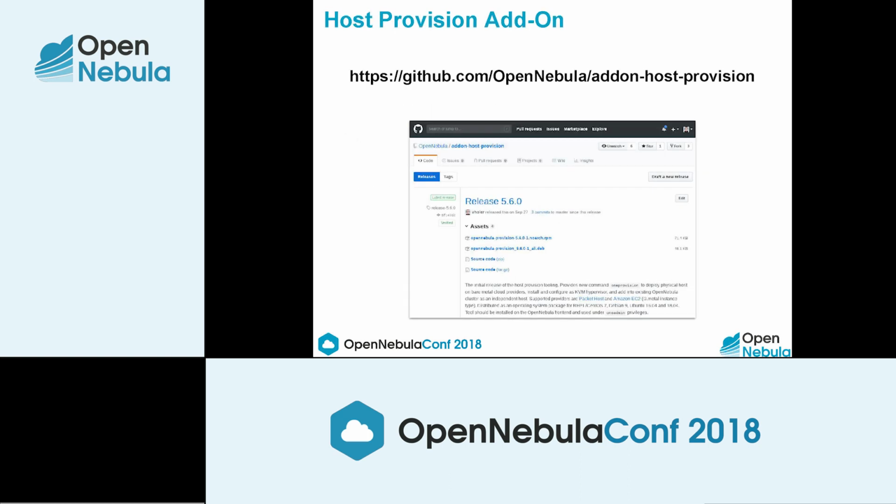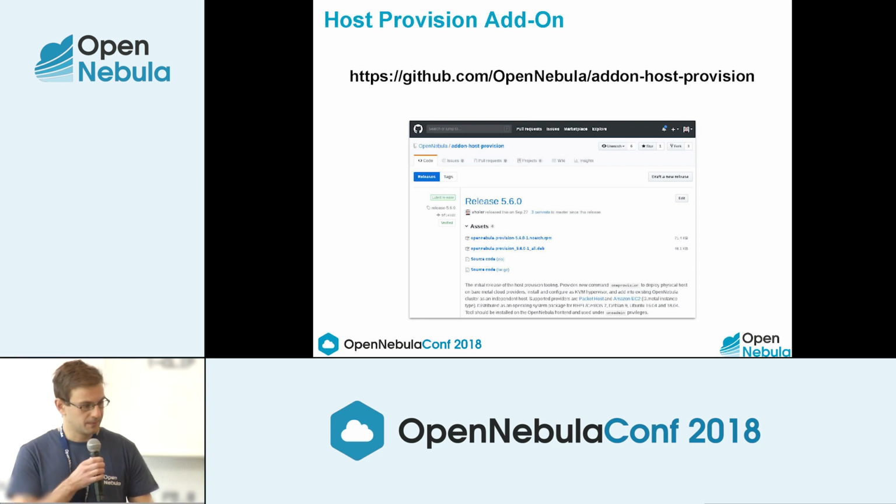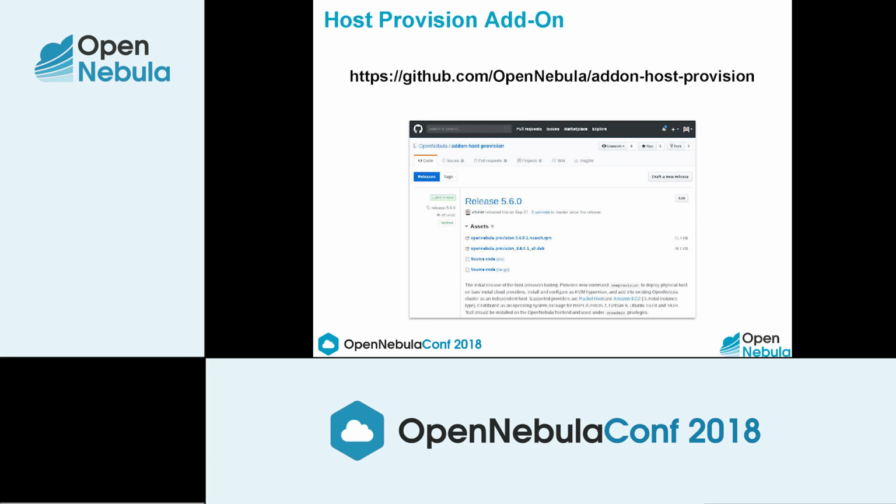Basically, we released two months ago, at the end of September, some tooling which should allow you to build this disaggregated cloud. It's available on GitHub, and you can install it as a standalone command line utility on your front end. It's a utility, so it's more focused on cloud administrators, not on cloud users.